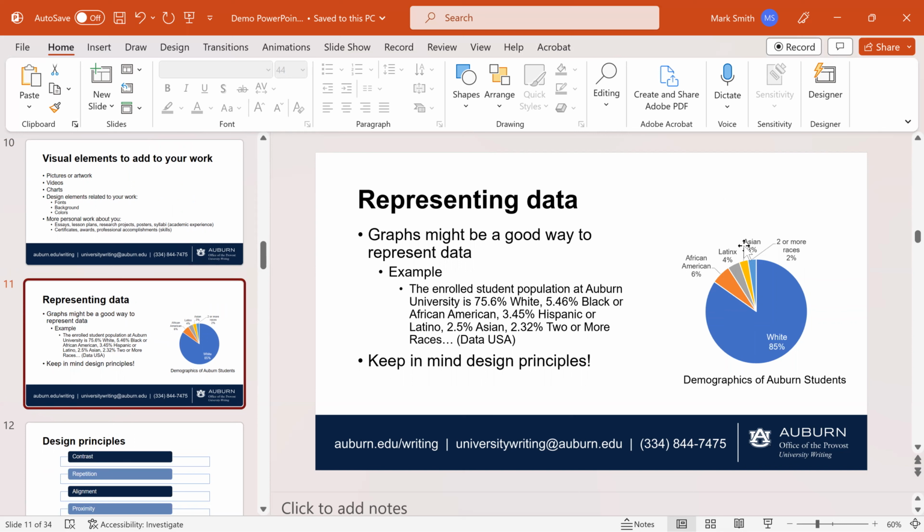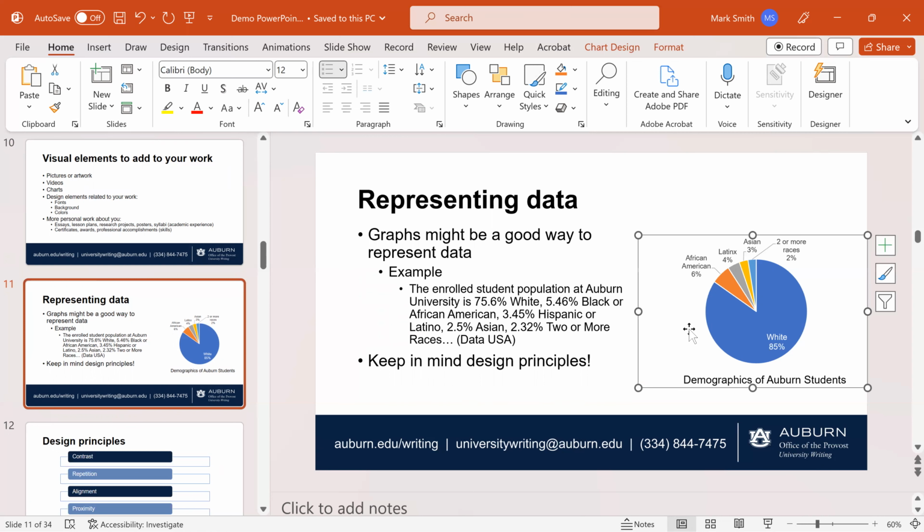Also, when we're looking at visuals, such as here, we have a graph over on the right side. Things such as this are just going to be there to reinforce the information that's actually on the slide, which is a little bit different than what we try and do in Word and PDF. And so here we actually have all of the data typed out on the left-hand side. And also this could be something that we want to say aloud. And then on the right is where we have a graph demonstrating this more